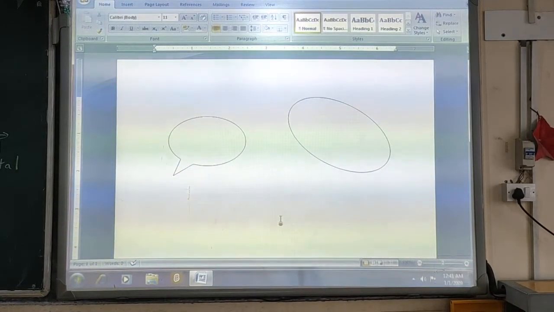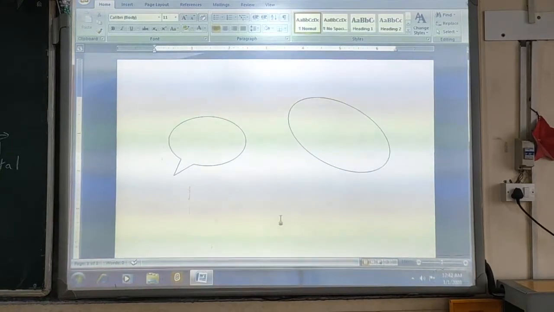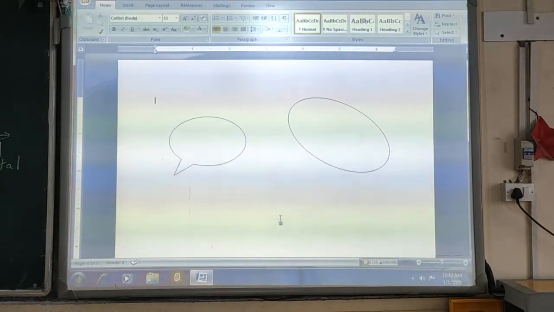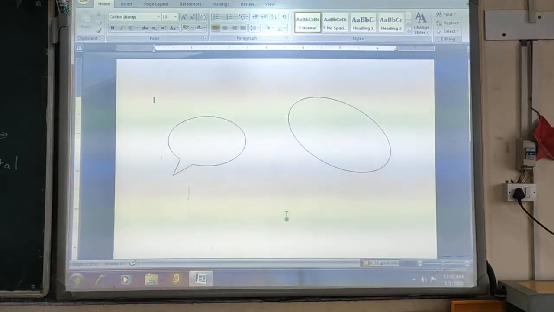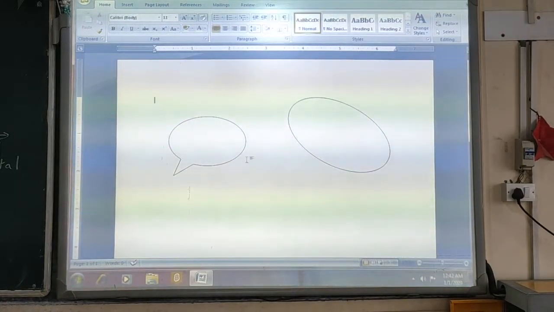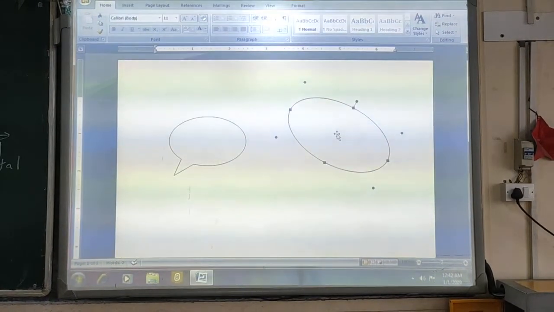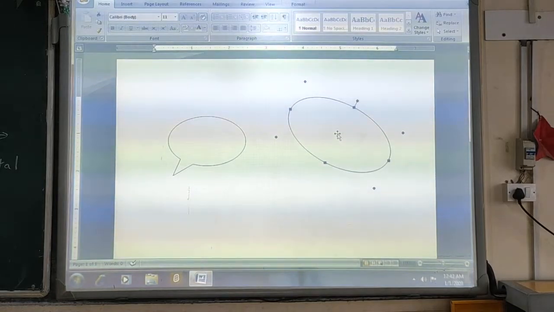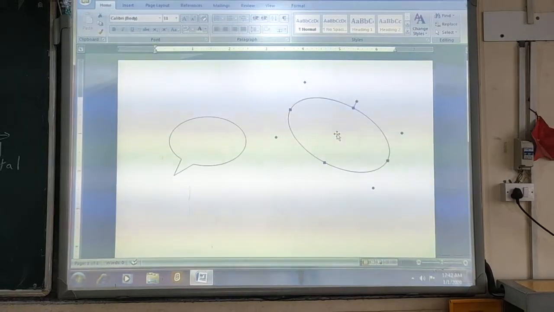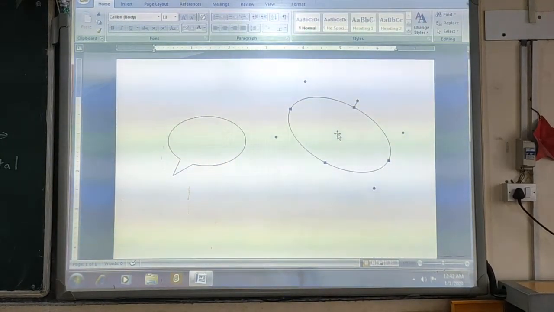Now, next is how to place text within the shape. If you want to write anything within the shape, if you click on the shape and try to type anything, it will not work. You are not allowed to write within the shape.